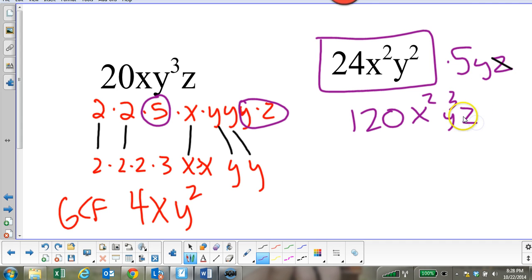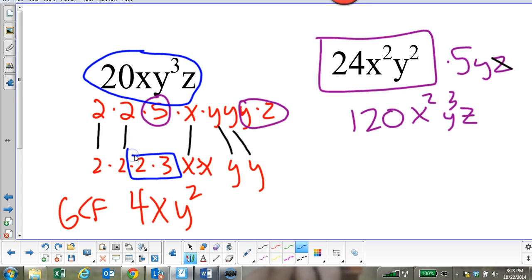And that's the LCM. If I took this number, let's do this in blue, if I took this monomial and multiplied it by the leftovers of the other number, I didn't use this 2 or 3, so that's 2 times 3 is 6, and I didn't use this x. So if I took this number and multiplied it by 6x,